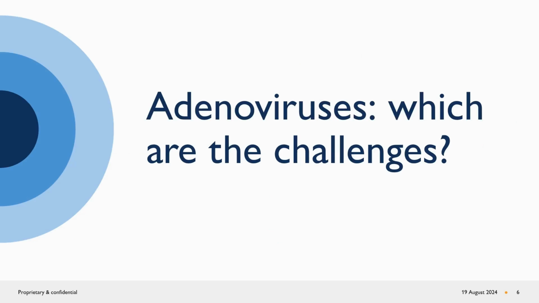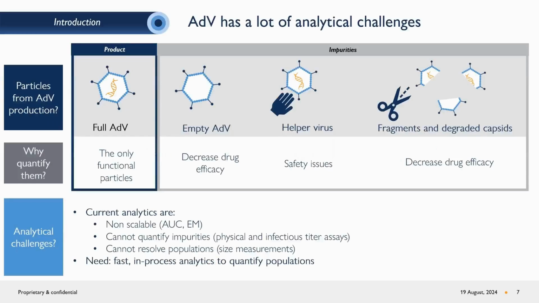But what are the challenges that we would like to solve? So starting with adenoviruses. While producing adenoviruses, you would have, in addition to your desired product, so the full functional adenovirus, a series of impurities ranging from empty adenovirus, the helper virus, which sometimes is used during manufacturing of the adenoviruses, as well as fragments and degraded capsids. These impurities should be assessed as well as removed because they either decrease drug efficacy or